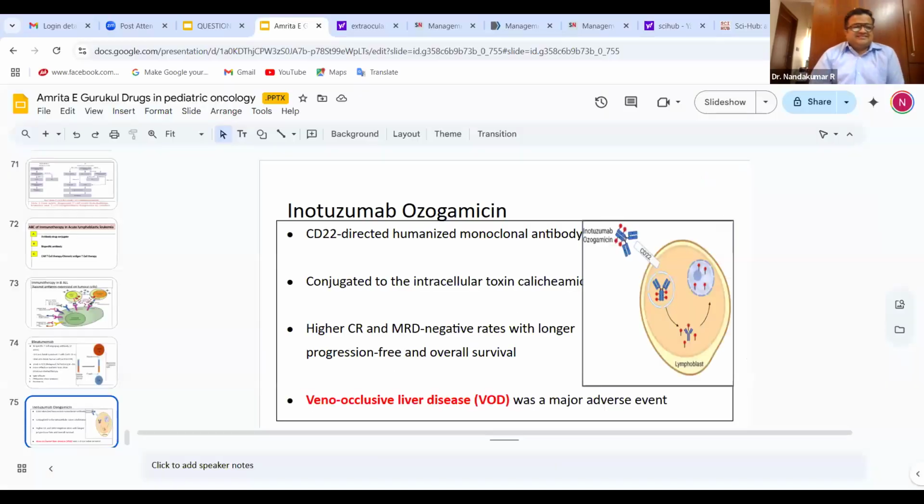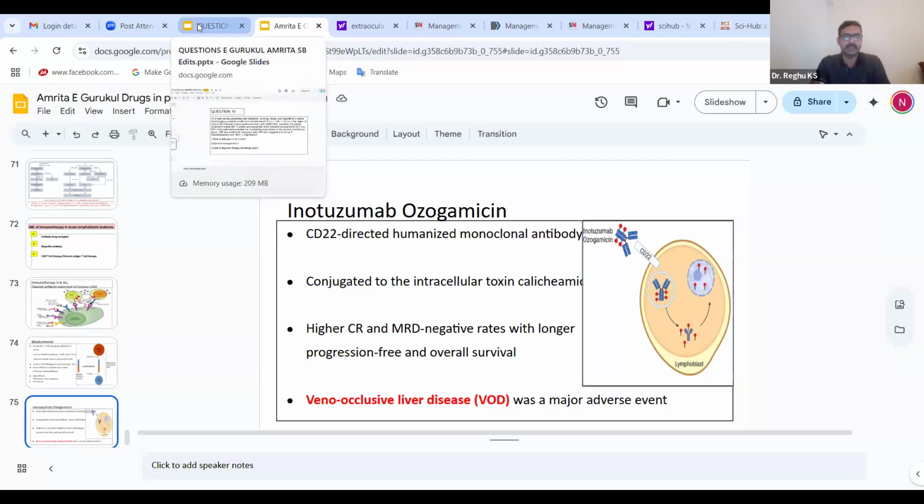Thank you, Dr. Nandakumar. That was a very comprehensive presentation. You have touched upon all the relevant pediatric tumors and very updated standard of care regimens for these tumors. Just a few observations from my side. Since this audience consists of both pediatric oncology as well as medical oncology trainees, some of the basic concepts that